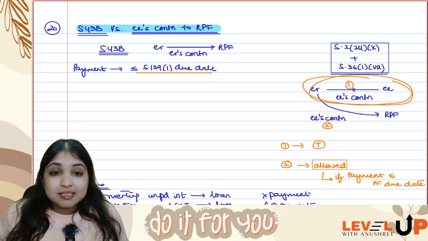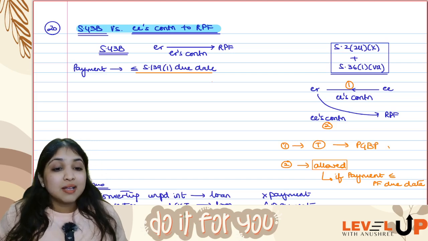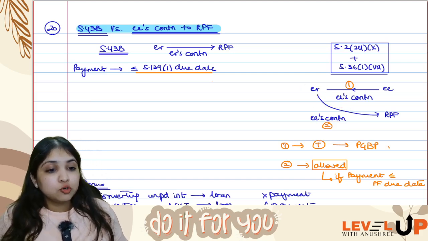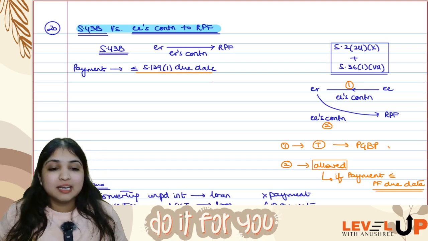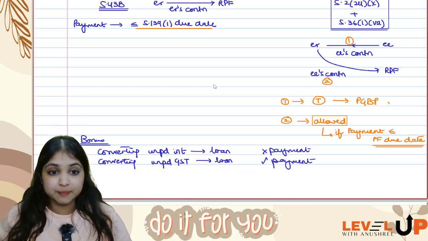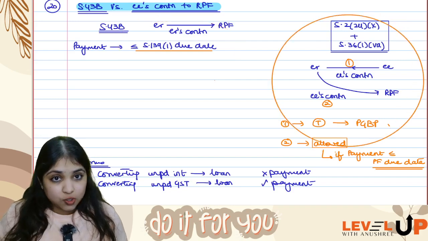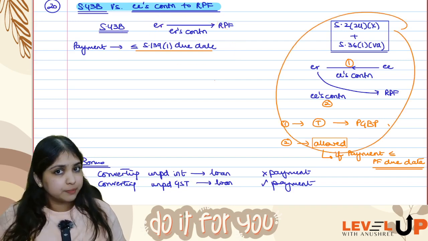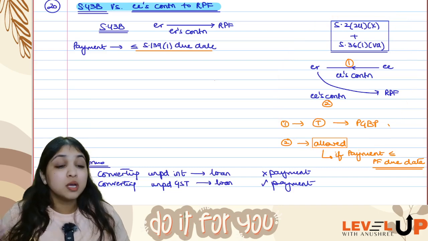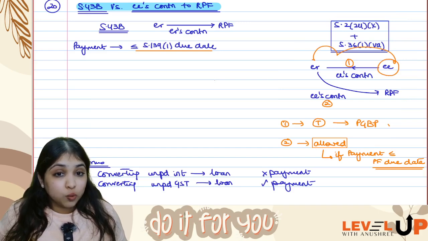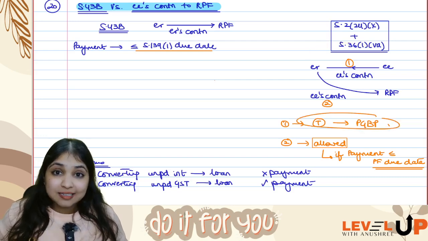As soon as the employer receives the contribution from the employee, it will be taxed for the employer under the PGBP head. But when the employer remits the employee's contribution to RPF within the, not 139(1) due date, within the PF due date, then it will be allowed for the employer under 36(1)(va). So there are two transactions. We are comparing two things, employer's contribution and employee's contribution. Employer's contribution, pretty straightforward: 43B will apply. Assessee, please make the payment within 139(1) due date, only then allowed. But employee's contribution, which the employee gives to the employer and later the employer will remit to RPF, as soon as the employer receives it from the employee, it will be taxed under the head PGBP.